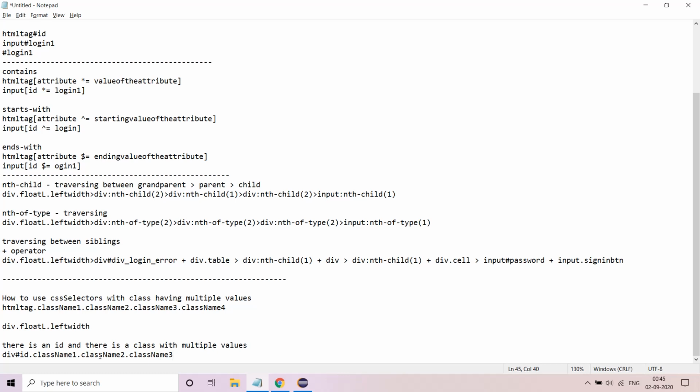But then you'll ask me, if I have an ID, even though that particular web element has these classes, why do I need it? You do not. I'm saying that it will still work. I know you will be directly using the ID, making it one of one. But in certain situations, if it does not work, this is also a thing which you can do. I have never used it because I don't need to. So it is again up to you.